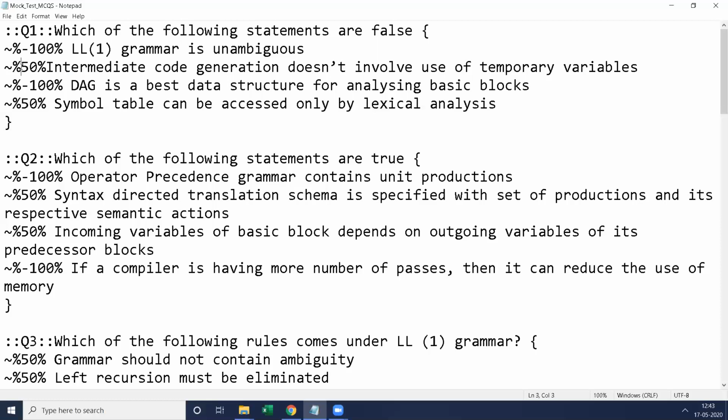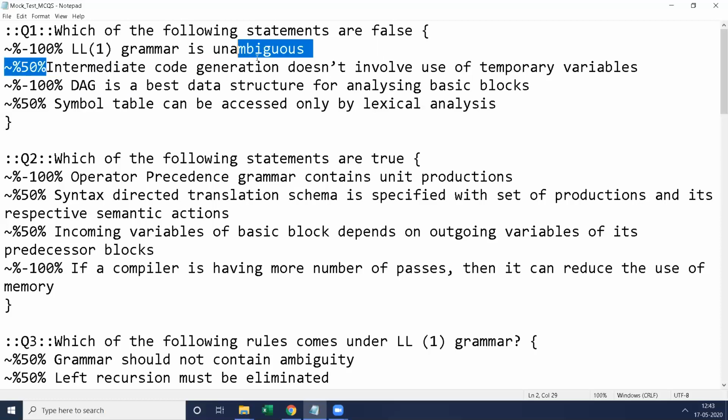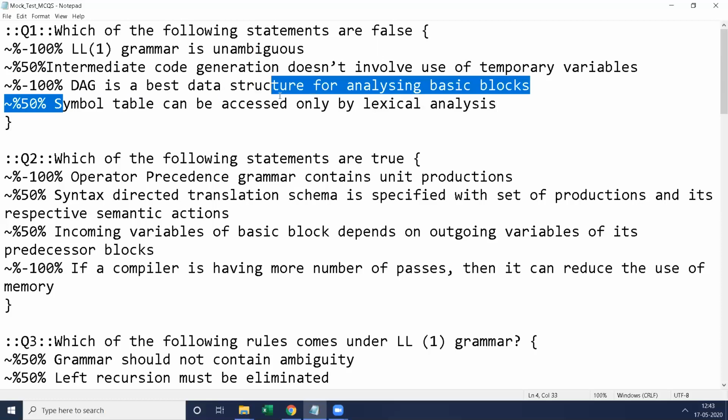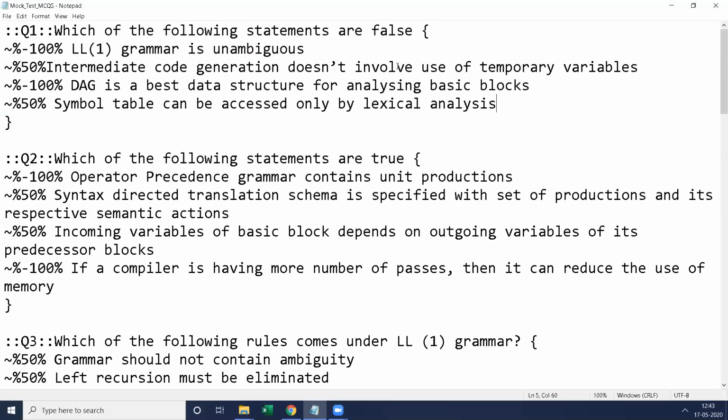If he chooses only one right answer, not choosing any wrong answer, he will get the partial 0.5 mark. If he chooses both right answers, that is this 50% and this 50%, he will get 0.5 plus 0.5, and full mark will be credited for the student who chooses all the right answers. So it is 50%, it is 50%, altogether it is 1 mark.